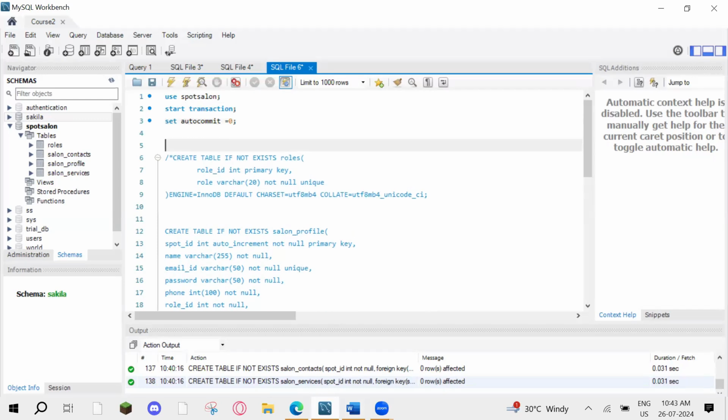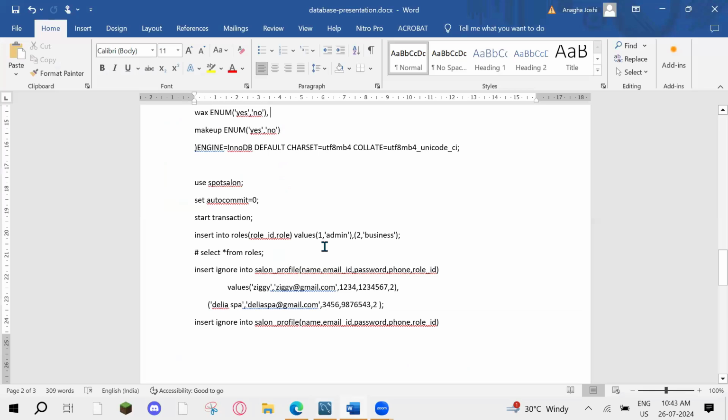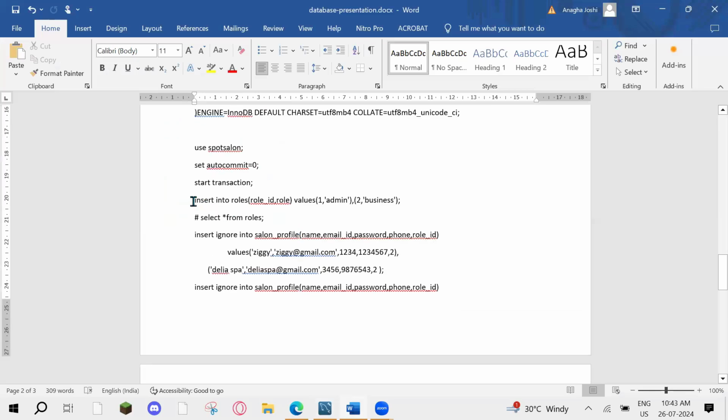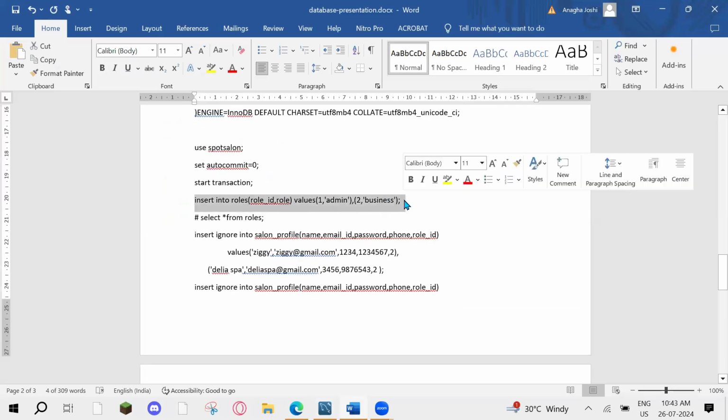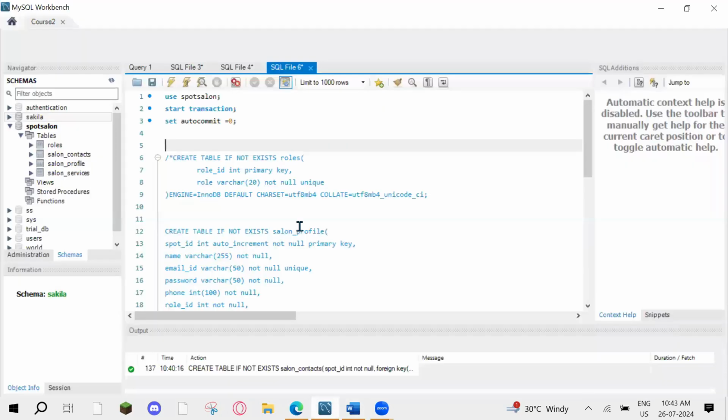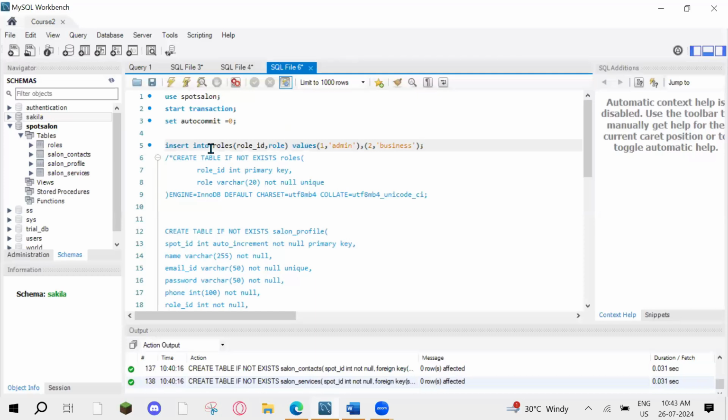And then after that we will be inserting the data in it. What we'll do, we'll insert some data into the role table. So insert into role table, where we have these columns, role ID and role, with values 1, and as this is integer and this is character, I am specifying in the single quote 'admin', that is a role,